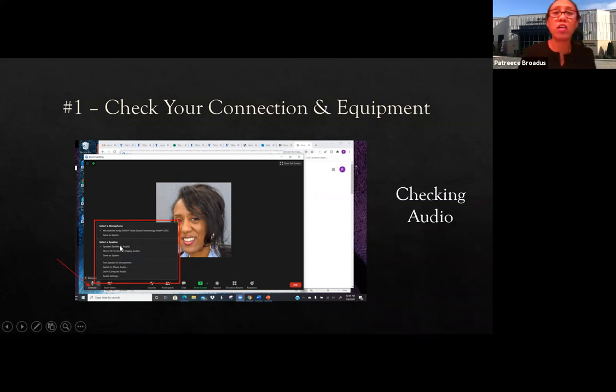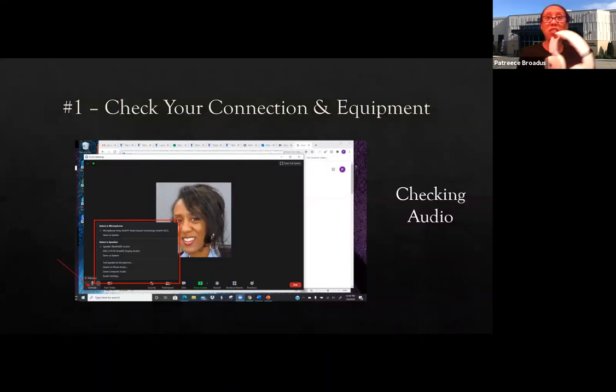As a matter of fact, here in Zoom, if you look closely, you'll see test speaker and microphone. That will give you the opportunity to see if you can hear. And sometimes you can use your computer. If you're sitting at a computer or laptop, you'll be able to use the speaker from your laptop, or if you are using headphones. This is why it is good to actually test your equipment ahead of time.